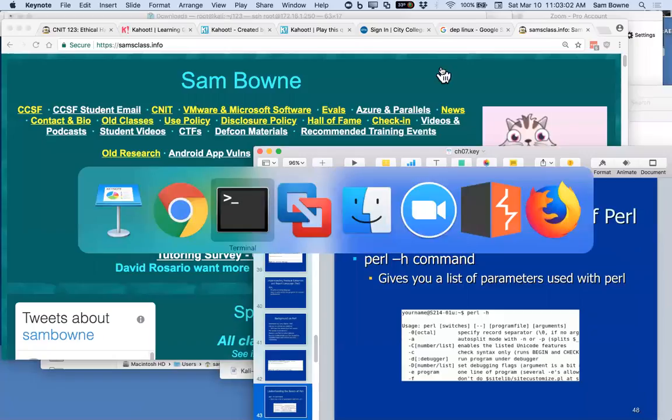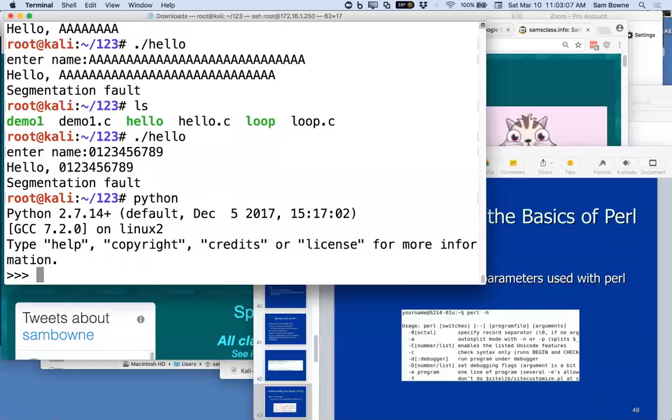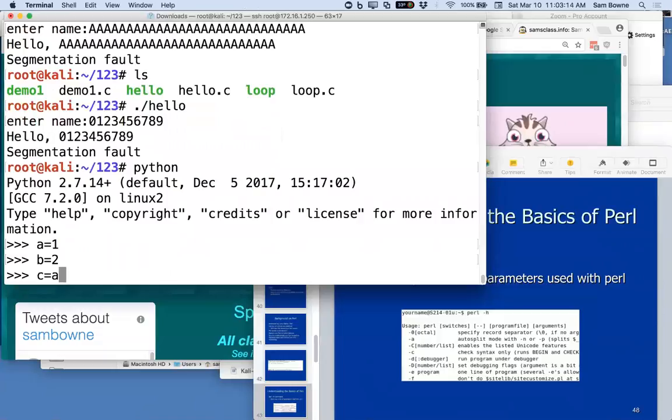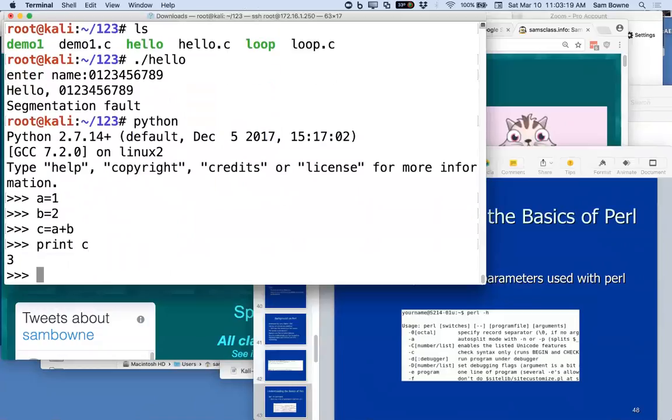So for example, Python, which is the main one most programmers use. If I go here and run Python, I can now just do commands like A equals 1, B equals 2, C equals A plus B, and then print C. So I get 3. That's interpreted. Every command I issue is translated to machine code and executed right away. In compiled code, like what I did with C, you have to write it, save it, compile it, and then run the compiled code. So it's less convenient, but it runs thousands of times faster. Interpreted is slower.